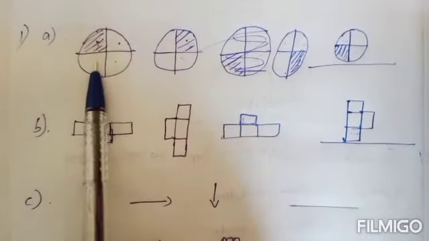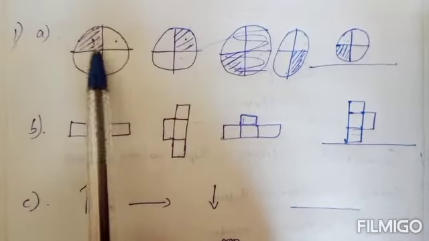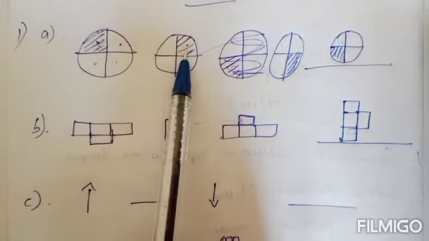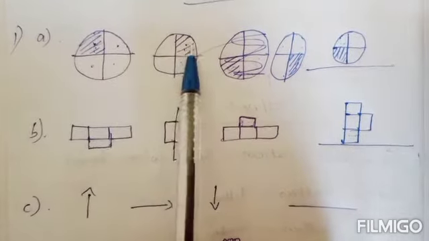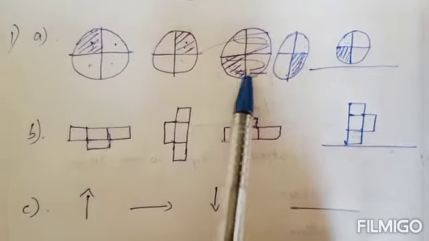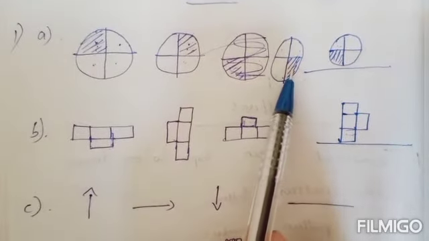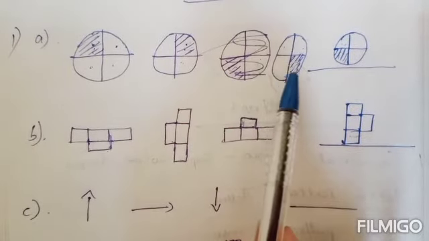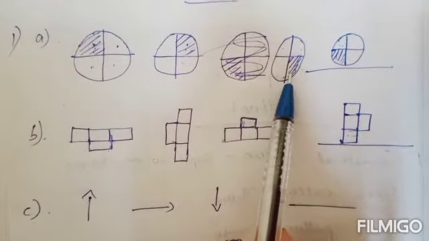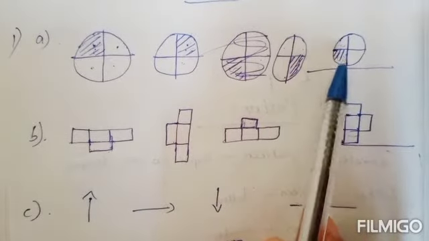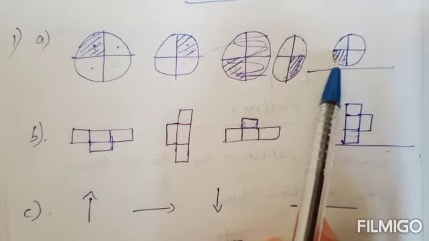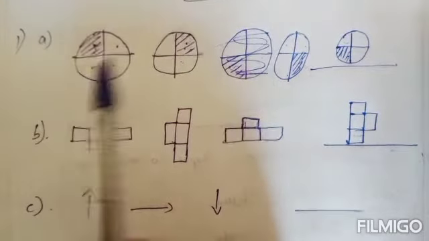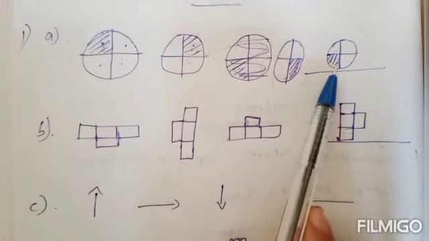So first question. At first it is shaded in this portion. Then it is shaded in the second, this portion. Third diagram, it is shaded in this quadrant. In your textbook it is given in the 4th quadrant, that is wrong. So change it. It is in this quadrant. Now next figure, it will be shaded in the 4th quadrant, that is this one. First here, then in this, then in this. That will be the 4th figure.